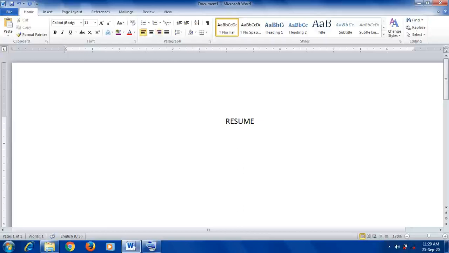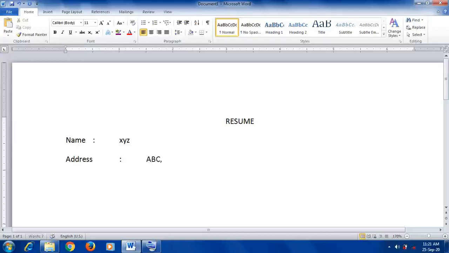Now see the name. I'll press one tab key on my keyboard, and the cursor stops after a certain space. Again I'll press the tab key, and here I'll write XYZ. Again I will press enter to take the cursor to the next line, address. Then I will press the tab key. Of course I will align it, and I will show you, address ABC.